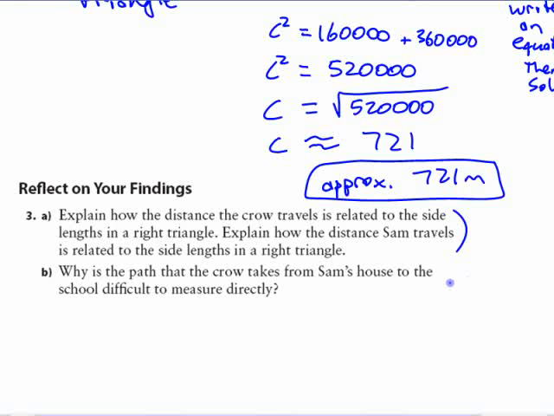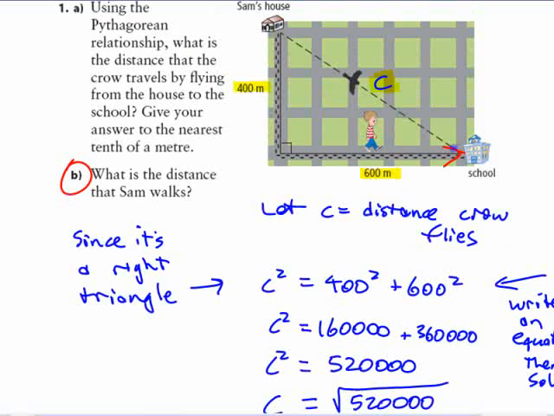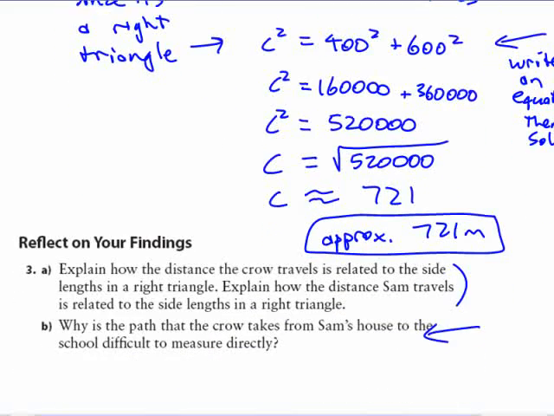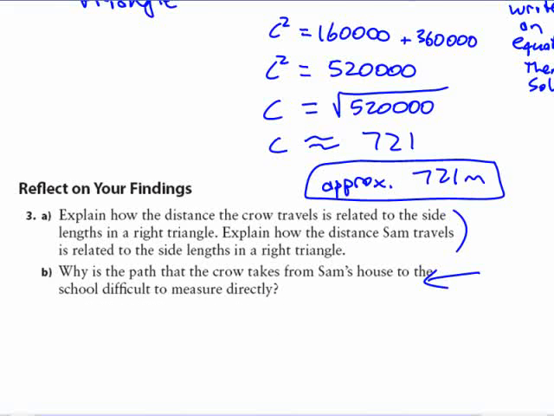Why is the path the crow takes from Sam's house difficult to measure? Well, you couldn't really, this way you could take a car or something to measure the distance, but this would be pretty difficult to do. Anyways, is there any questions? Things you noticed as you worked through that? I'm going to stop this and we're going to look at the examples for this, the two examples. So if you have not written anything down yet, put a title